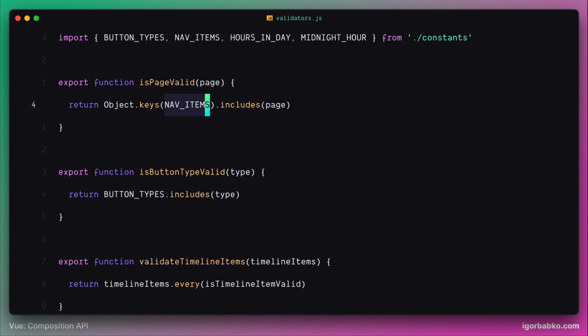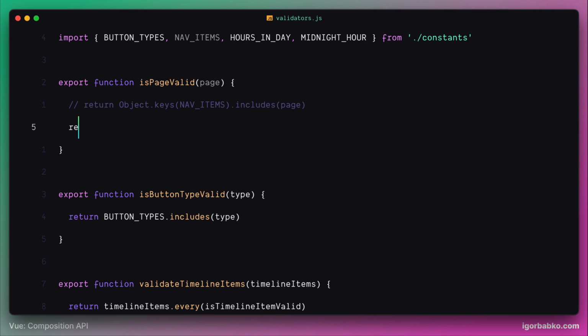And since now nav items is an array of objects, we're going to apply validation a little bit differently. The way to check if the page name passed as the first parameter to this function is valid will be as follows. We can call the method some on this array, and in here we're passing a closure, where we are checking